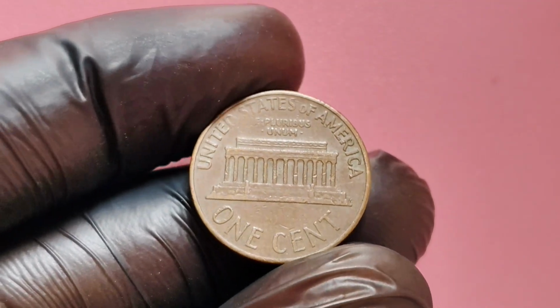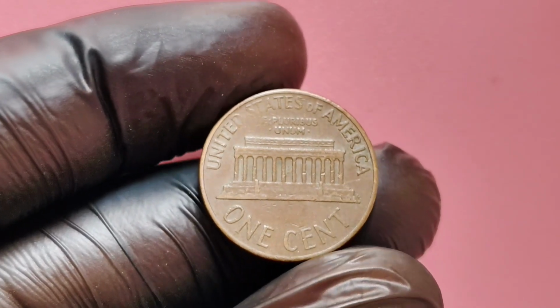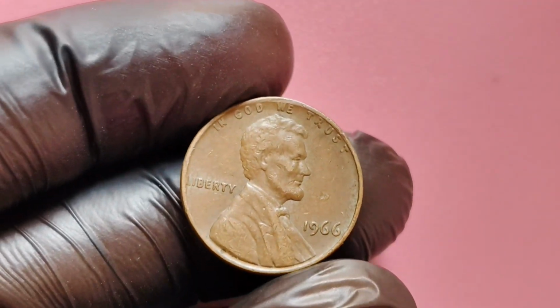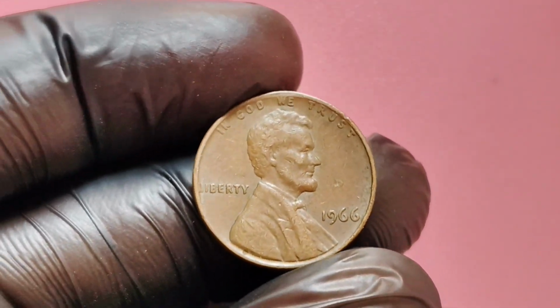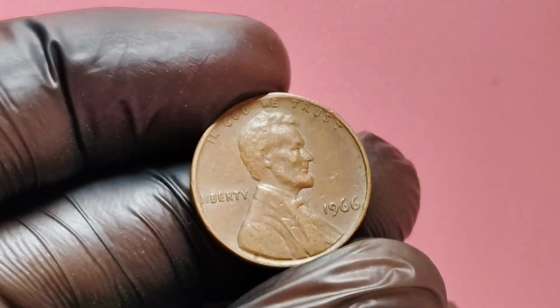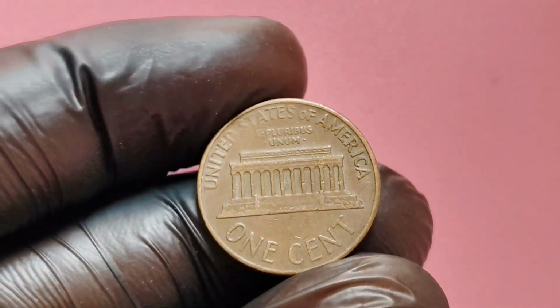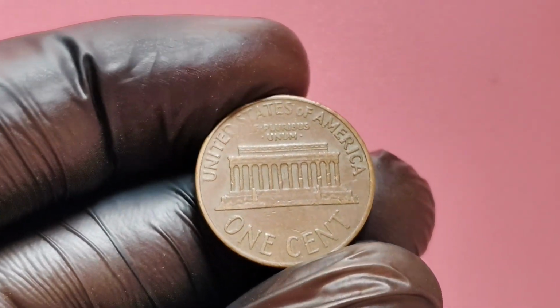Well, the best places to start are often right under your nose. Searching through old family coin jars, visiting local coin shops, or even browsing online auction sites can be rewarding. Just remember, condition is key. You might find a 1966 penny, but it takes a trained eye and sometimes a professional grading service to determine